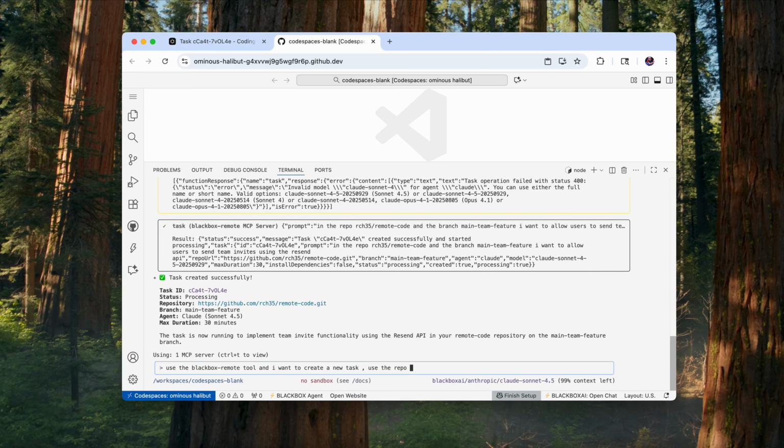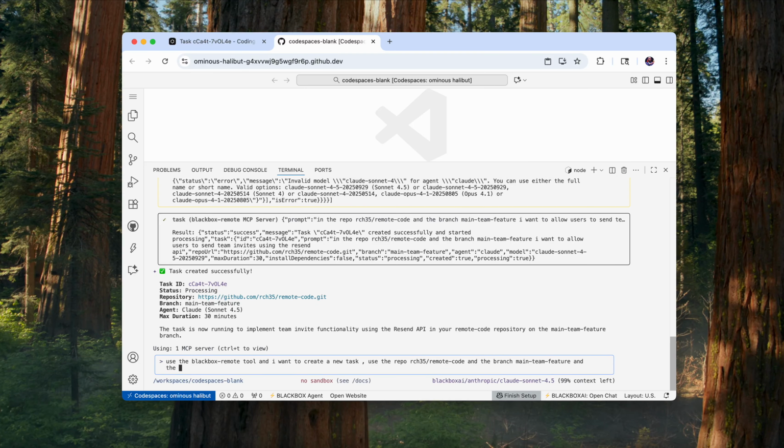Use the repo. So we're telling it which repo, which branch, and the task is